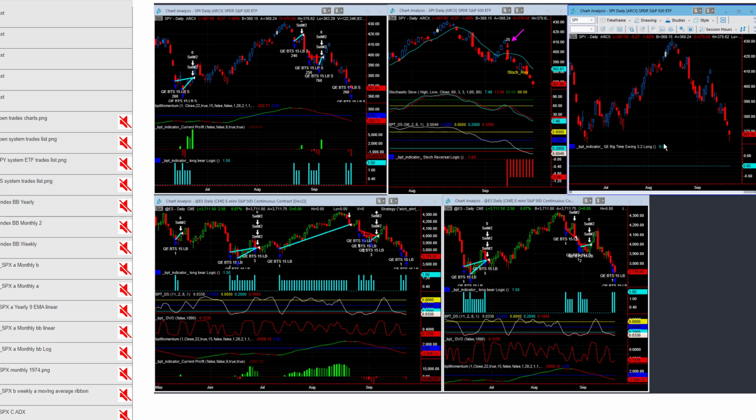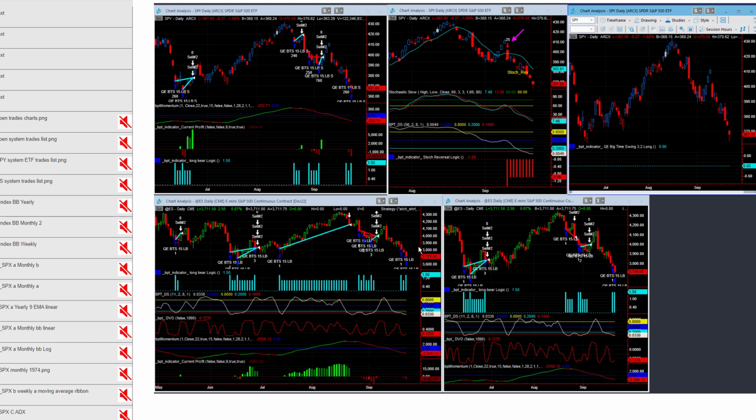The system here on the upper right, that's the QE 3.2. It's not in an active trade, but should we get lower prices, that could trigger, and that's probably one of the best or highest statistical trades out of all of them. It has 100% winning trades, and it usually only ever goes long at major bottoms like March 2020, March 2008, December 2018, things like that. So this system could trigger active should we go lower, okay? Which we are overall expecting, but we'll see if we get a bounce here in the short term or not.